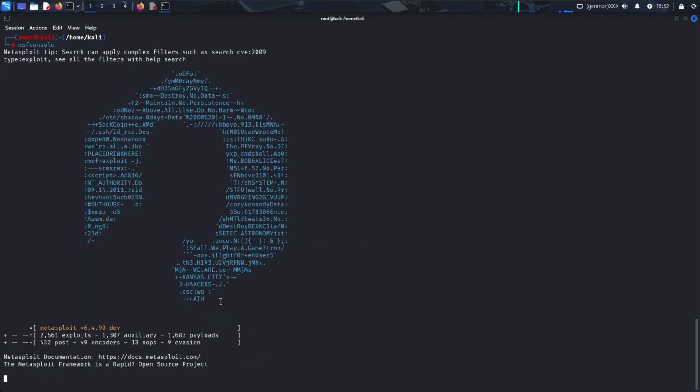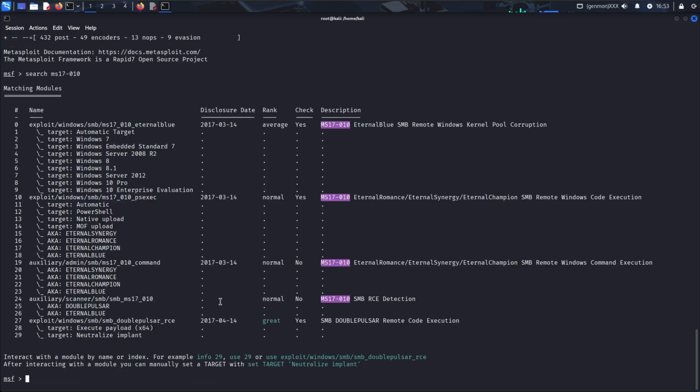I like this MSF console's theme. I really like this. We will search like this. Okay, MSF 17-010. You know, MS17-010's other name is EternalBlue. It was developed by the NSA, the National Security Agency of the USA. They built this vulnerability to test for zero-days